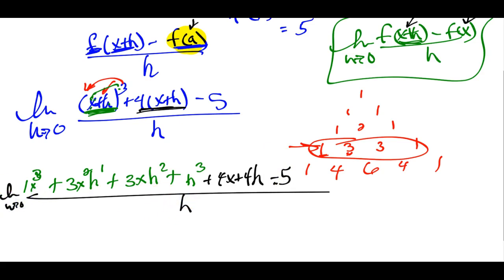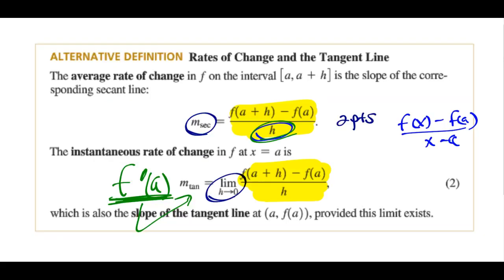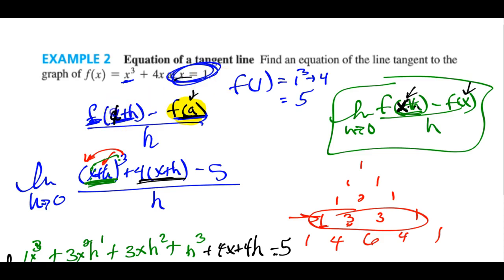So the goal is, you can't do direct substitution because that would divide by 0. So the goal is, let's see if anything cancels. Just realized that I was mixing up f of x plus h. I've rewritten this wrong. This should have been a plus h because I'm doing f at a. So the formula says f of a plus h, not x plus h, minus f of a. So if I were to go back, and I know a is 1, this is a 1 plus h, this is a 1 plus h,